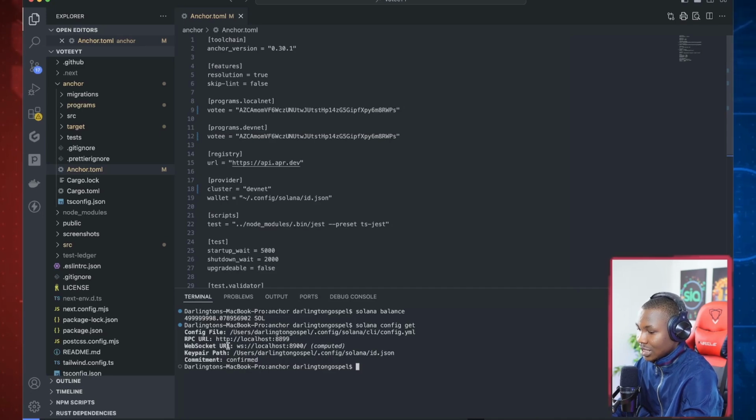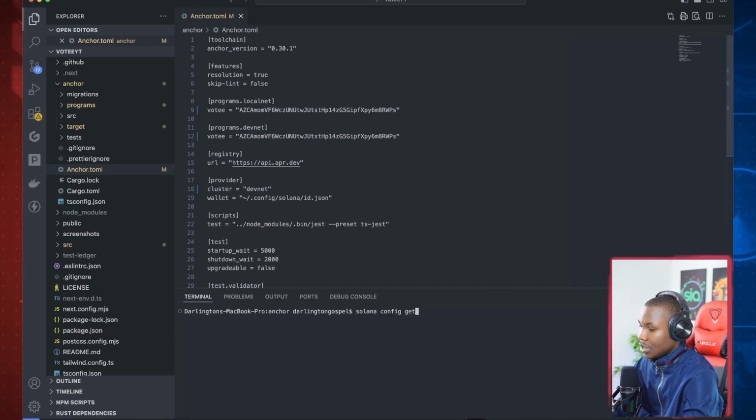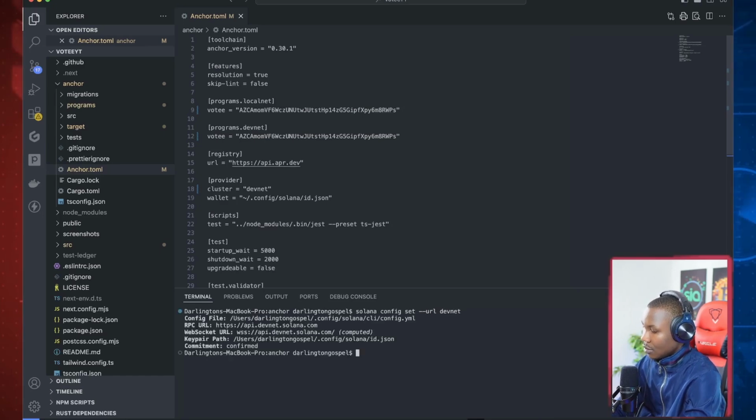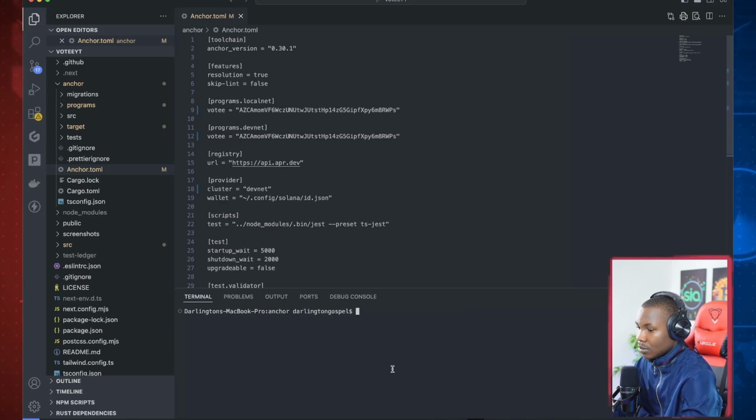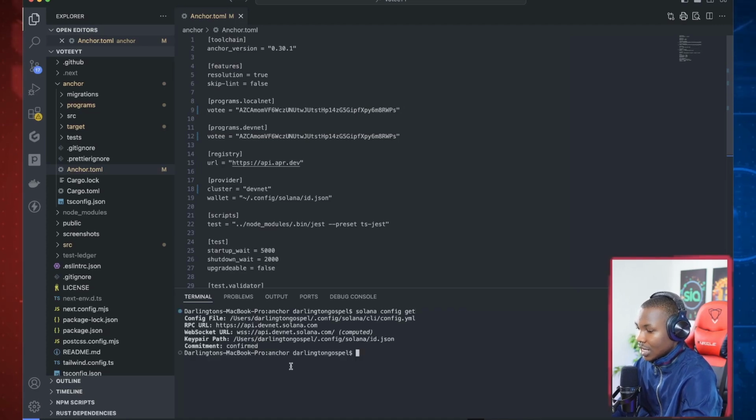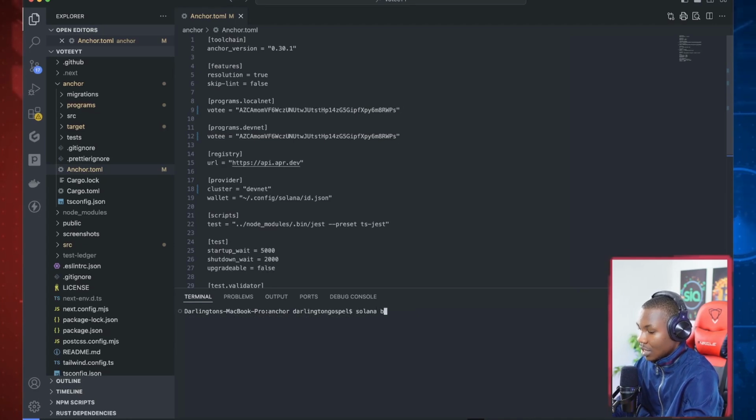Okay, I need to make sure that I am on the DevNet and not the local net. So I will say solana config set, and then you say URL and you say DevNet. Do that. So this is now on the DevNet. When I run solana config get, you can see that this is now DevNet. And when I check on my balance, solana balance,